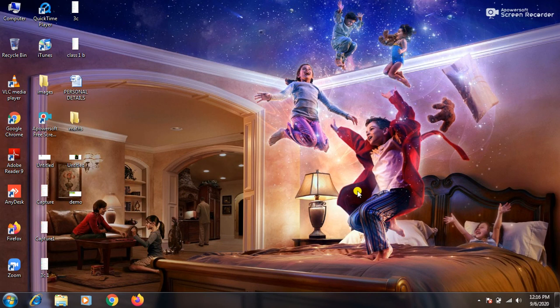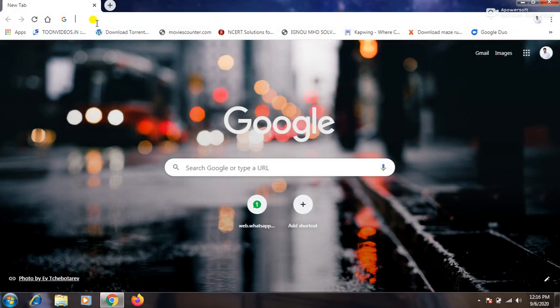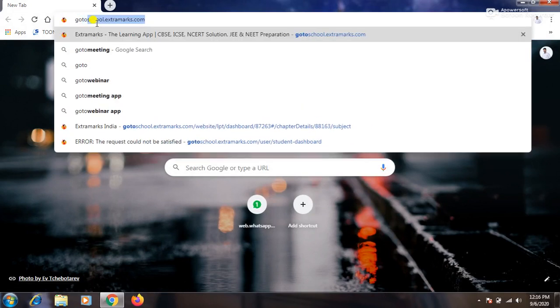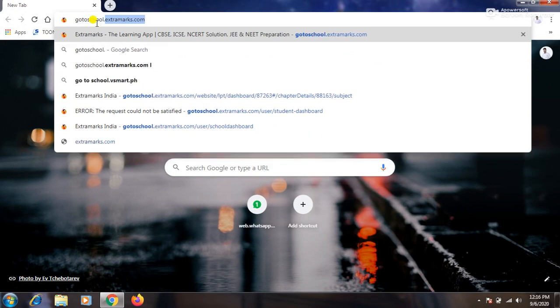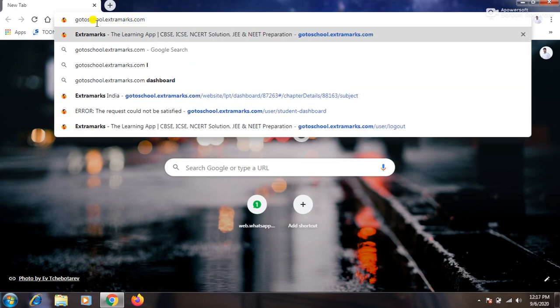For that, just click on the Google Chrome browser, and in the address bar you have to type the URL gotoschool.extramarks.com. Be very sure what you are typing. It should be accurate. If you miss out any of the spelling or any of the dot in the URL,